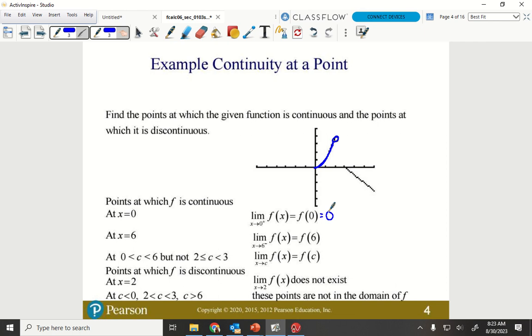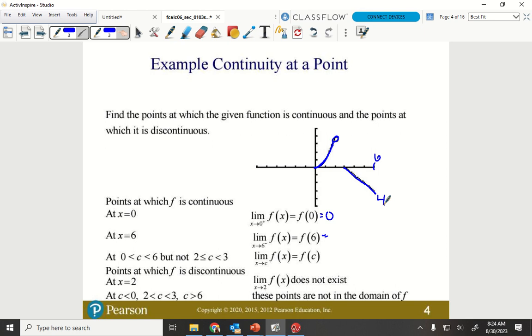Okay, let's take a look at another one. 6. Let me see. 1, 2, 3, 4, 5, 6. Here's 6. There you go. Now, at 6, from the left-hand side, that means going this way. From the left-hand side, f of 6 is going to a value, and this value is 1, 2, 3. I think that's a 3, or is that a 4? I can't tell, because their graph is bad. My textbook last year actually had better graphs. Anyway,